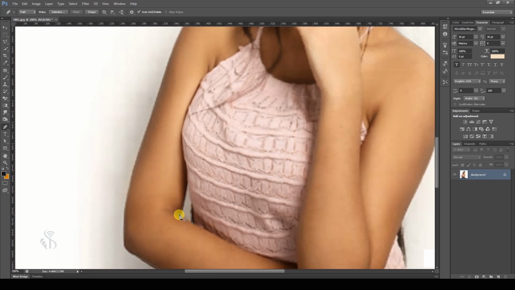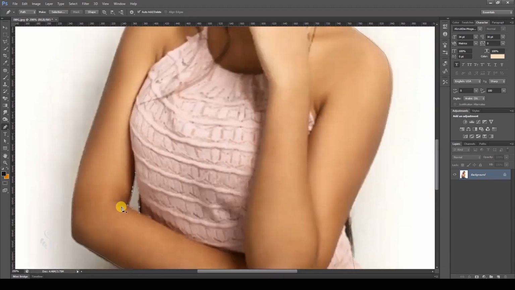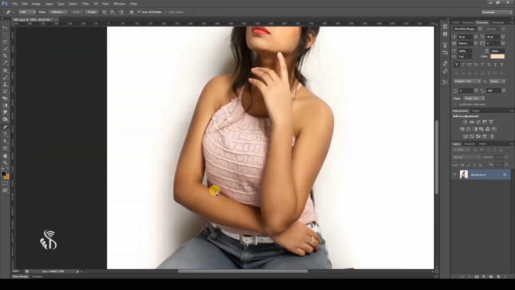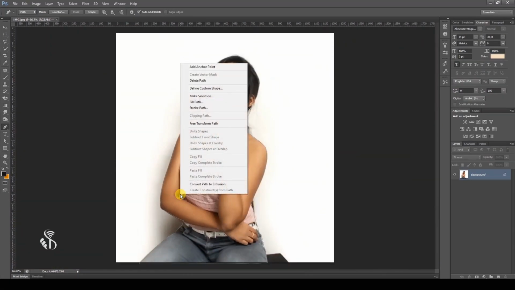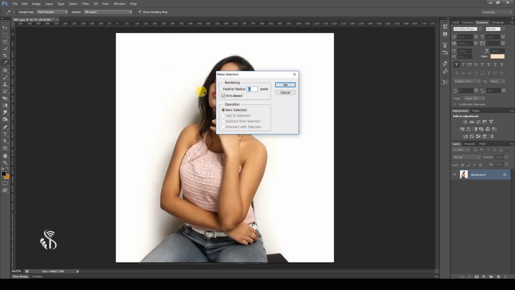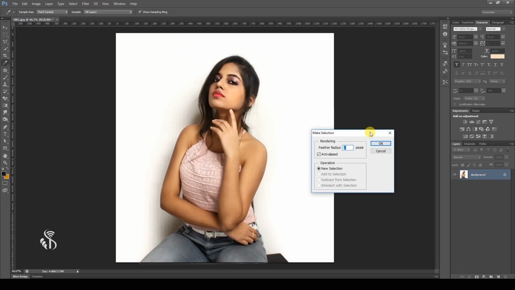After the selection is complete, to select the path, select the Direct Path tool from the toolbox. The selection points can be changed as needed by clicking on them. After the selection is complete, right-click and select the option Make Selection. Set the feather value here. The selection that you have done is visible here. If you would like to take this image on a new canvas or a layer, then it is necessary to set the feather.